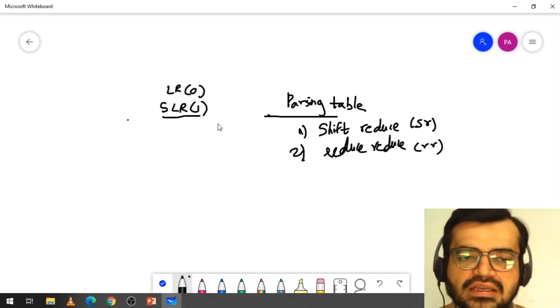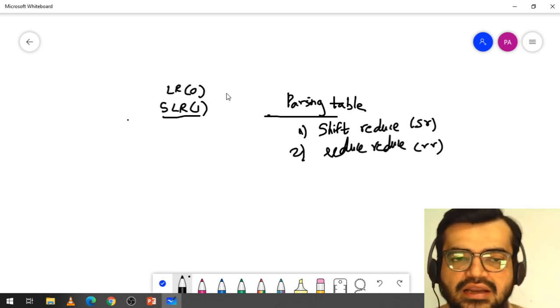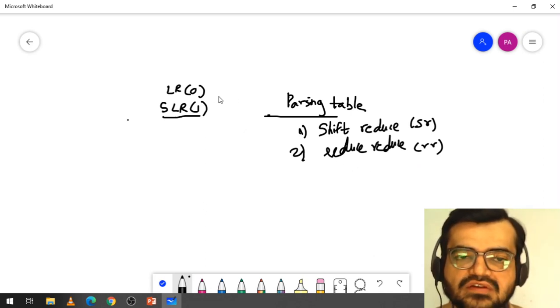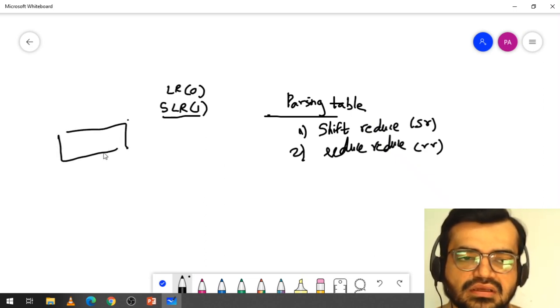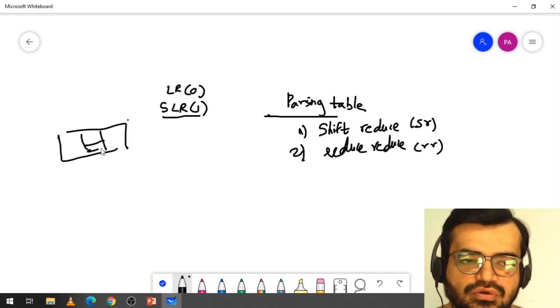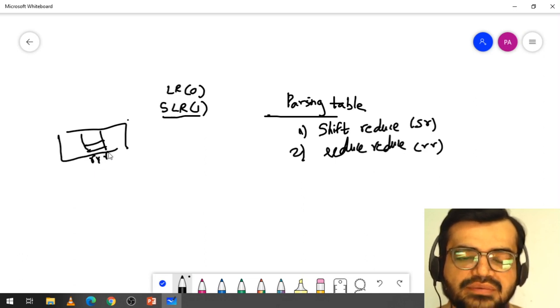We have seen that SLR parsing can, to some extent, overcome the drawbacks of LR(0) parsing. How does it overcome them? By not taking all of the reduce operations in a row. For example, this is your parsing table. In LR(0), in every complete row the reduce operation will be taken.